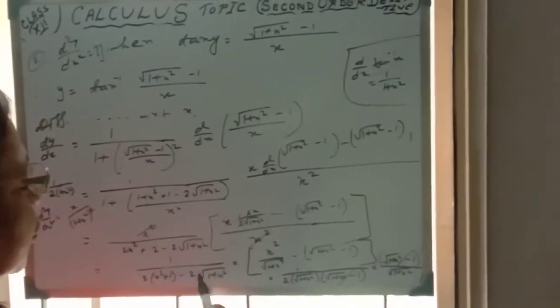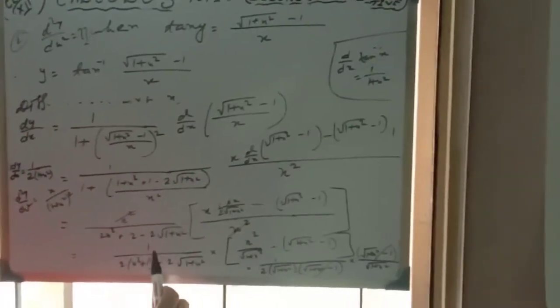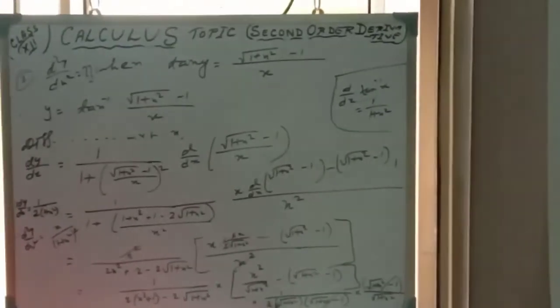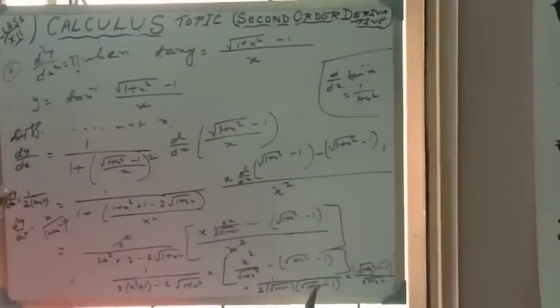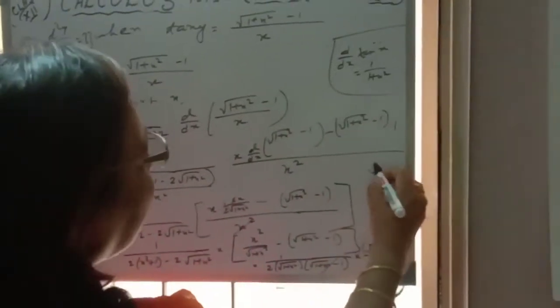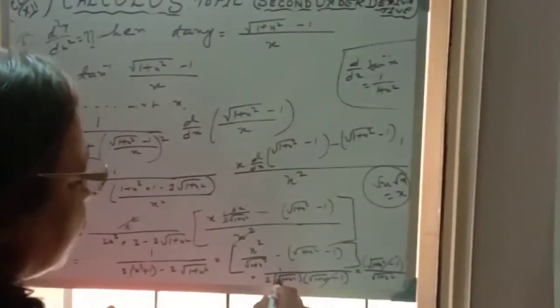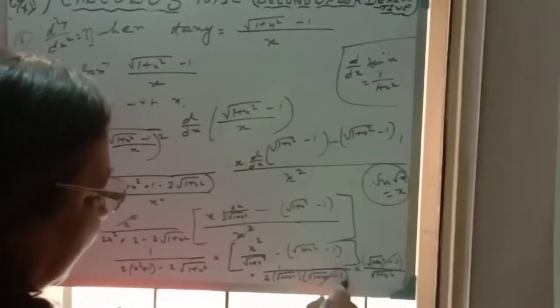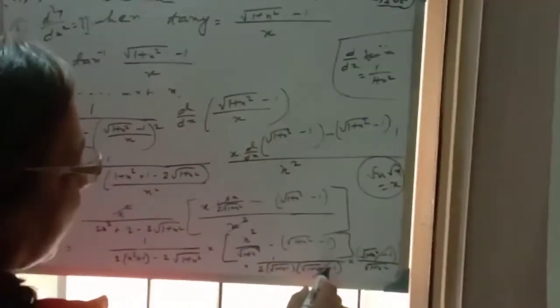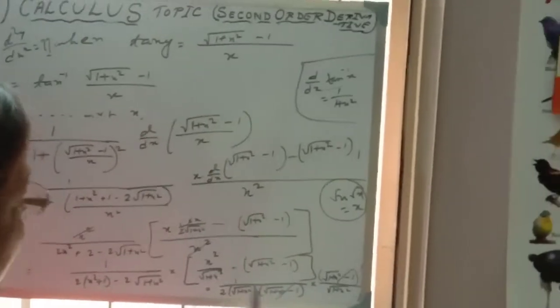Okay, so we know square root of 1 plus x square whole square means only x square plus 1, so take common 2 into square root of 1 plus x square. So what we will get in the bracket? We will get the term square root of 1 plus x square, as root x into root x is equal to x, that we know. So 2 square root of 1 plus x square, in the bracket what we will get? Square root of 1 plus x square minus 1. So 2 into 1 plus x square into square root of 1 plus x square gives us only x square plus 1, and plus minus minus 2 into square root of 1 plus x square.